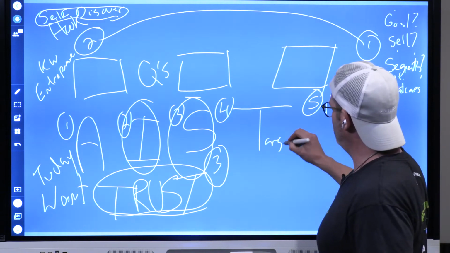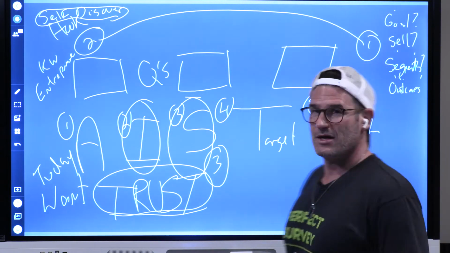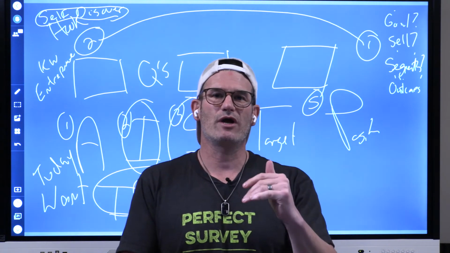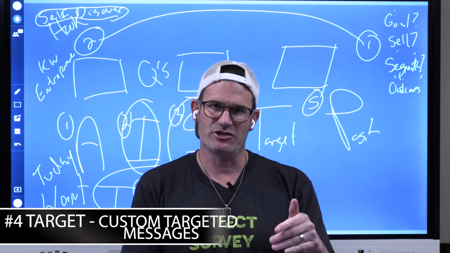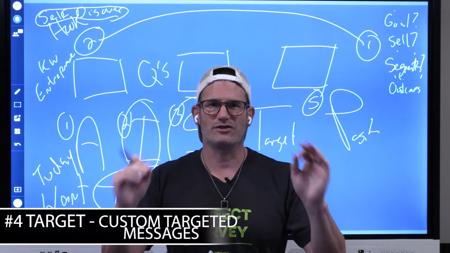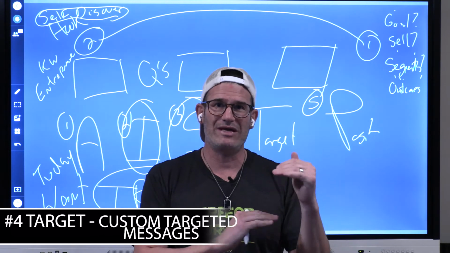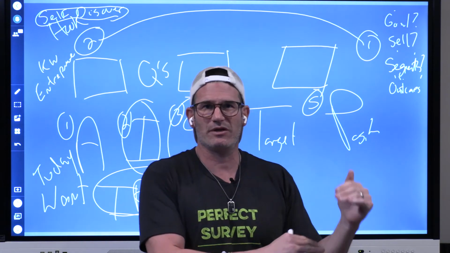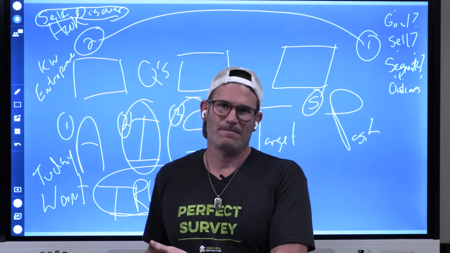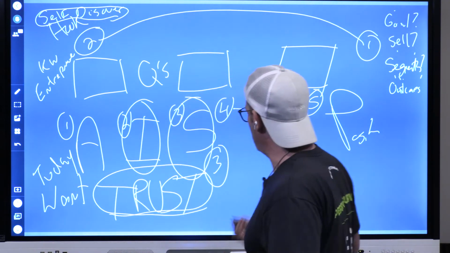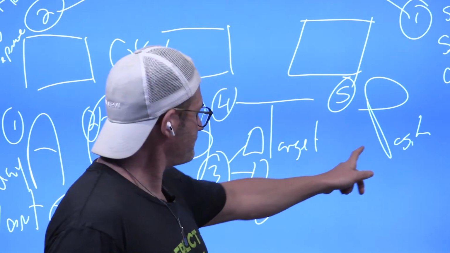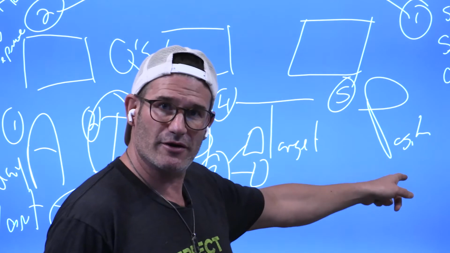Then, target and position. The whole point of what we're doing here is we're creating these 3 different groups so we can create custom targeted messages. That just means you're going to talk to this person based on their personal situation, because you've identified your 3 main false beliefs. The people that have issues that you're going to work with are one of those 3 things. Now you just need to figure out which bucket they belong in, right?